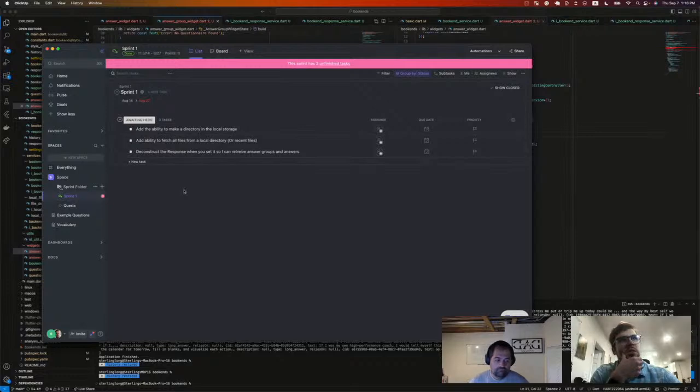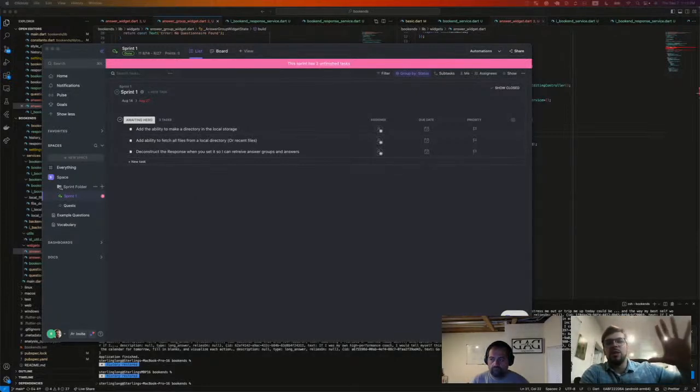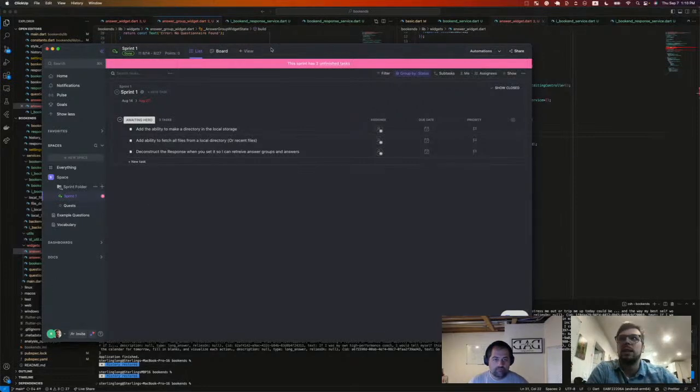Deconstruct the response when you set it, so I can retrieve all your answer groups and answers and actually show them to you. So this would be kind of the foundation for storing all of the bookends locally and actually displaying them to the user. So that's my goal. And I'm pretty sure you're still pretty far ahead of me.